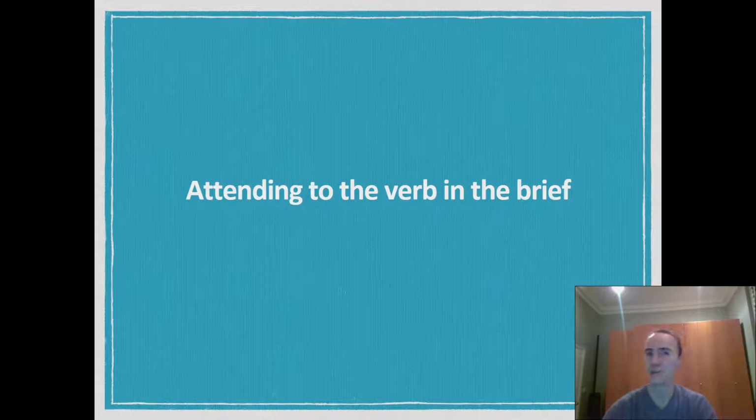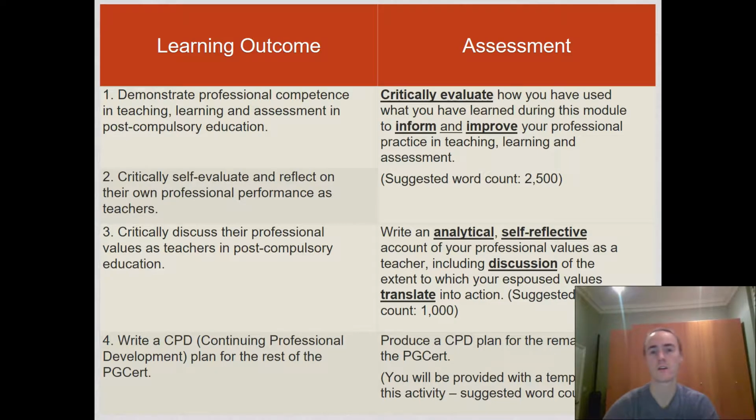That's actually a skill that not many people teach. I know that on the PG Cert we've done quite a bit of work trying to unpack that and trying to see it in practice. But still, I'm seeing that skill of writing specifically to the verb has gone a couple of different ways for most people. So I know you're dying to see this slide again. Looking at the assignment brief, we've talked a lot about the outcomes.